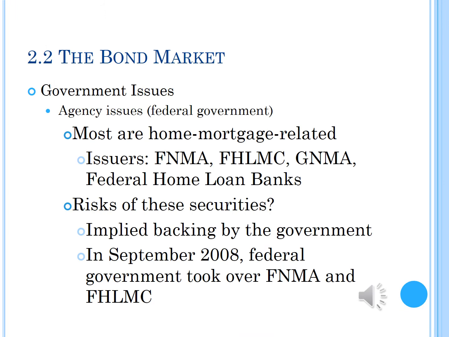Now, some government agencies issue their own securities to finance their activities. These agencies usually are formed for public policy reasons to channel credit to a particular sector of the economy that Congress believes is not receiving adequate credit through normal private sources. The major mortgage related agencies are the Federal Home Loan Bank, FHLB, the Federal National Mortgage Association, most commonly known as Fannie Mae, the Government National Mortgage Association, or Ginnie Mae, and the Federal Home Loan Mortgage Corporation, Freddie